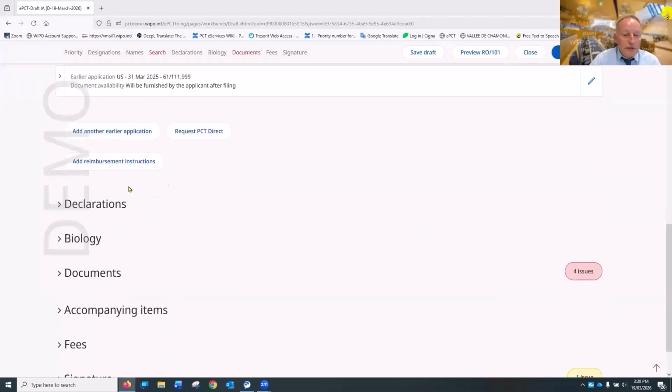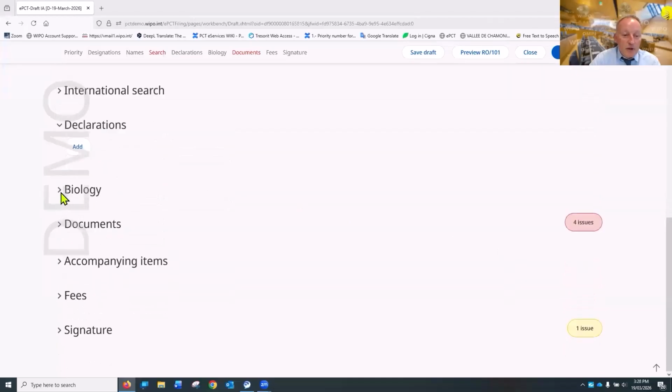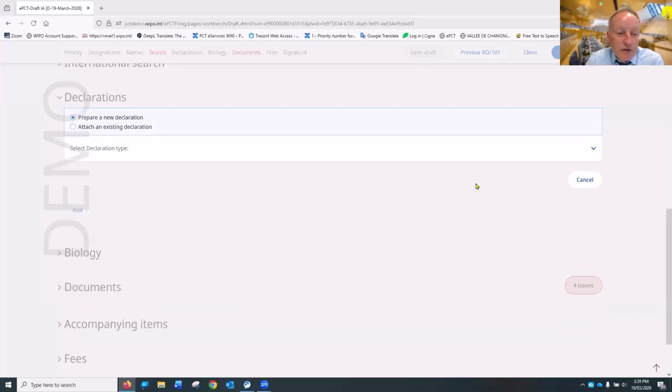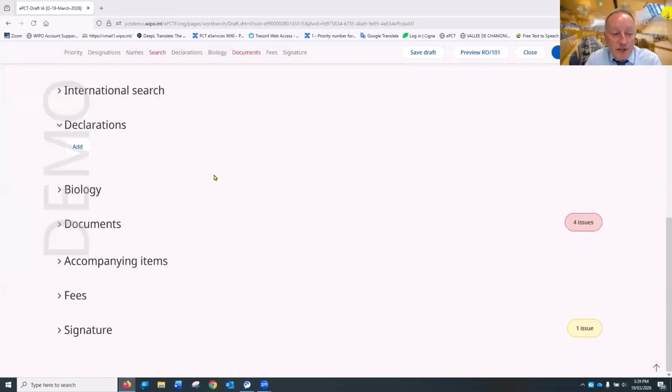And now we go to the declaration section. I'm not going to go through all the different declarations because in fact the time is running quite fast, and we also have a dedicated webinar on declarations. So if you want to have more information on declarations, I would recommend you to refer to that webinar. For the biology, it's for biological materials. In that application, I don't have any biology, so I will not add any. Then we come to